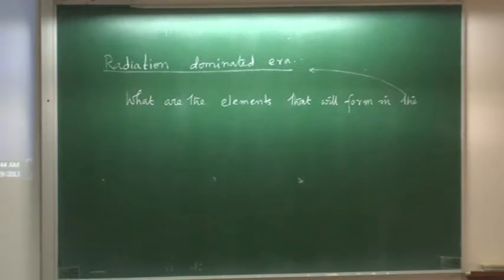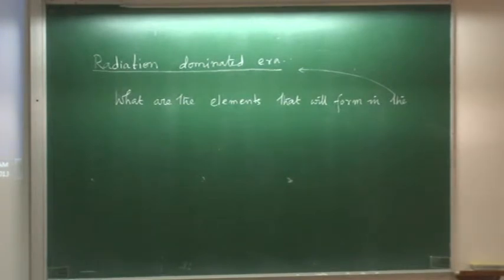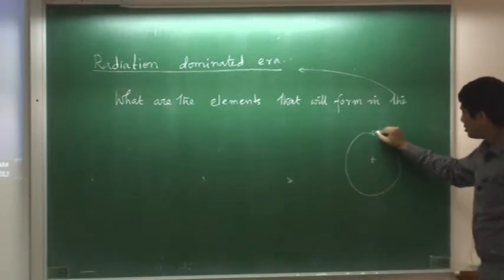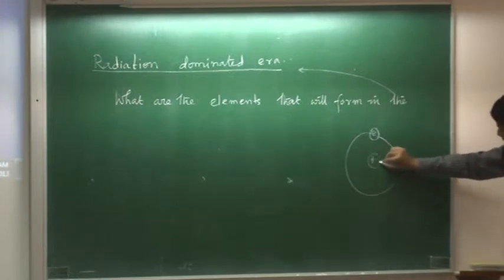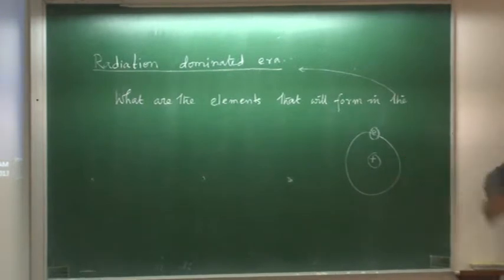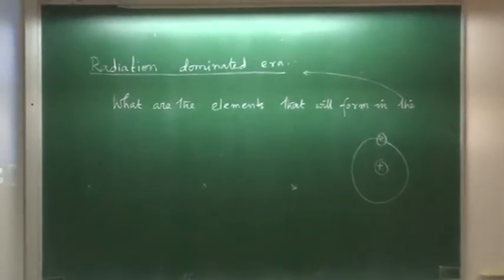Most of them are formed in the stars. In the stars you have nuclear fusion reactions, and that gives you elements up to iron 56, and after that, when you have supernovae, you can create the other elements up to whatever elements you see. But as we said, when the universe was forming, it was cooling down. For hydrogen atoms, we talked about how there will be a time in the universe when the temperature is so low that the electron can get bound to the proton and form the hydrogen atom. So we may think that will happen to all the elements, and we can create all the elements in the universe. But does it happen?